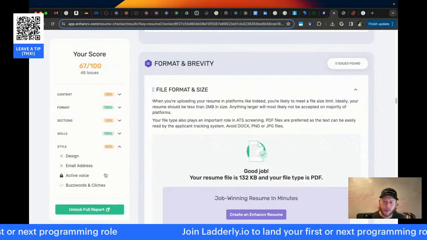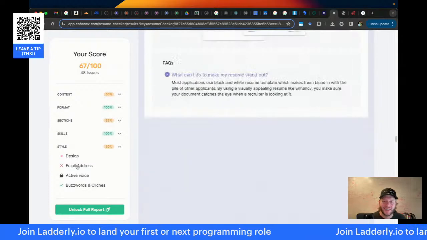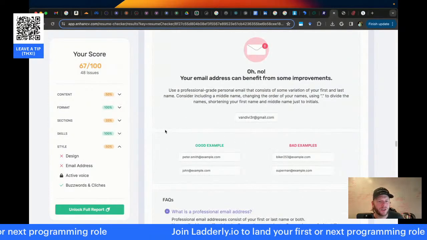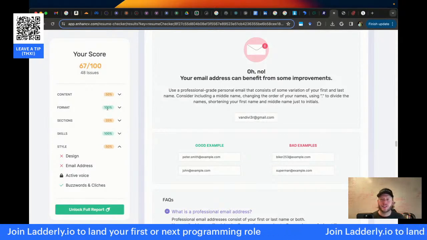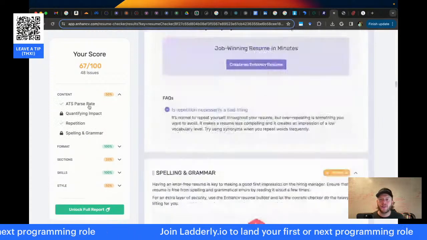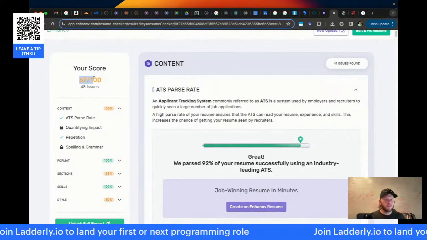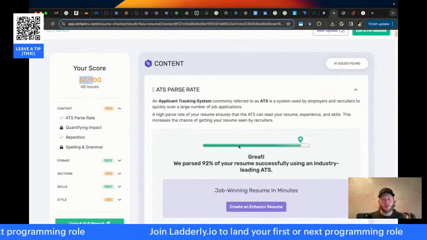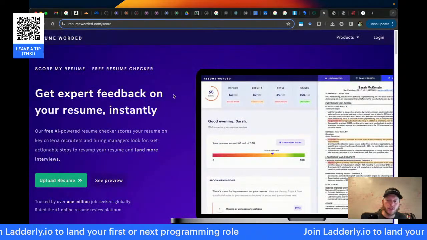Sections, contact information. Okay. Yeah, actually, wow, it actually faults the design. Look at that. Your email can benefit from some improvements. Oh, that's interesting. All right. Well, anyway, the overall score is a 67, and the low components of that score seem to have nothing to do with the LinkedIn thing. The parsability itself is actually excellent. Okay, let's proceed to this